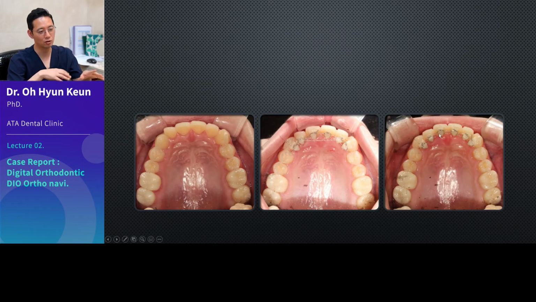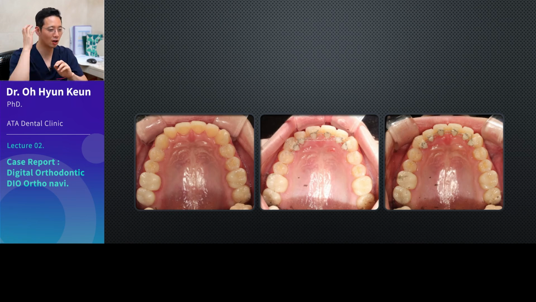It's really important to know how to use these different kinds of tools for specific cases. To do so, you need to have clear knowledge of which force on which tooth would result in what kind of movement. I'm sure we will have more opportunities to talk about these in more detail when we can meet in person, after the COVID situation gets better, hopefully next year.